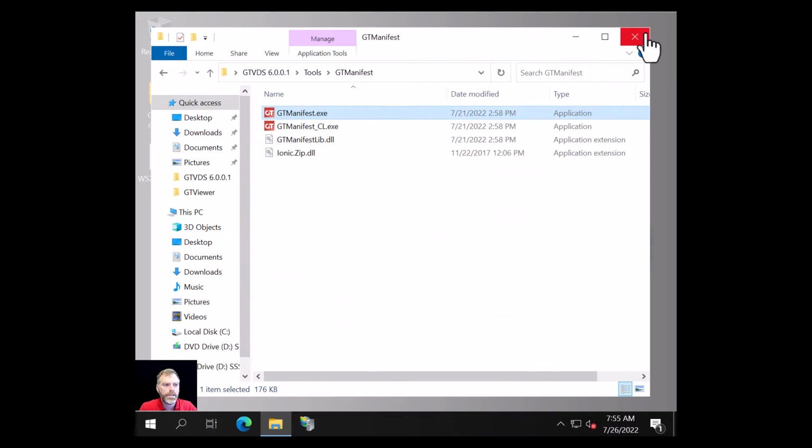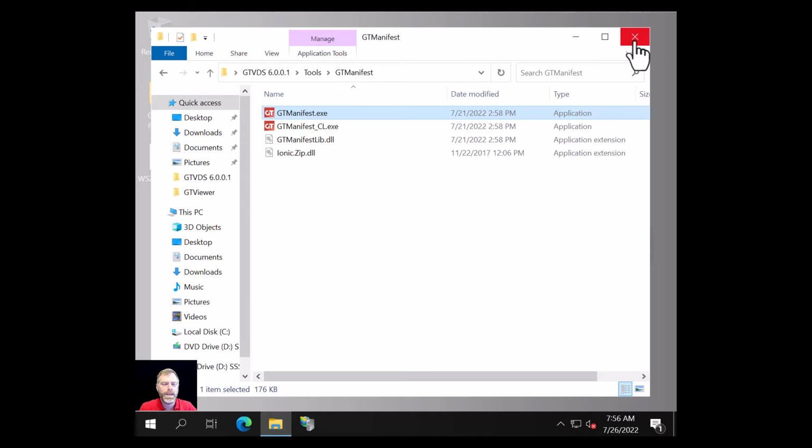So that's everything you need to get GTViewer data server up and running and how to test it. I didn't have any problems because I've done this so many times and I know what to do, but there are problems, and I'll create another video and show how to troubleshoot some of those problems and get things working if you do have them.